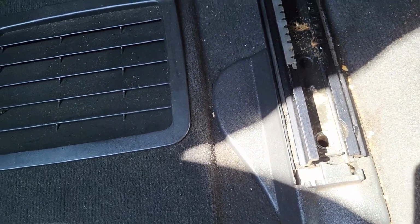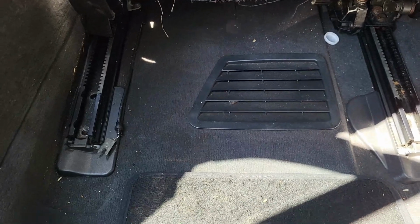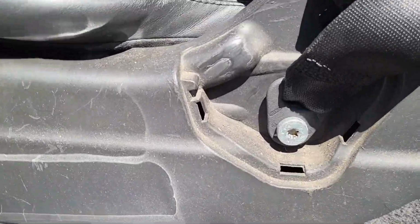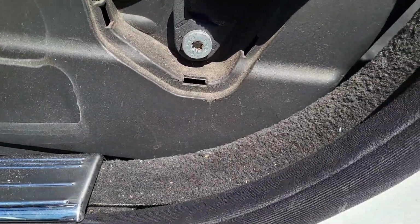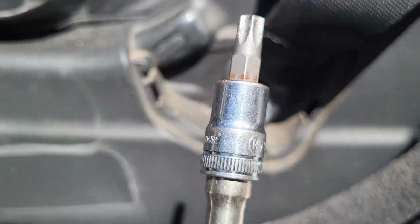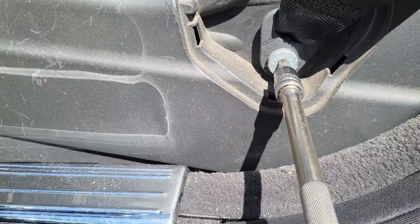Alright guys, to get this one out, let's bring back the seat so that we can disconnect the electrical components. But before we do that, let's take out the seat belt bolt right here. Alright guys, let's do the last part. This is the seat belt. It just comes off with the 45. It's a 45, so you use the 45 and then you just